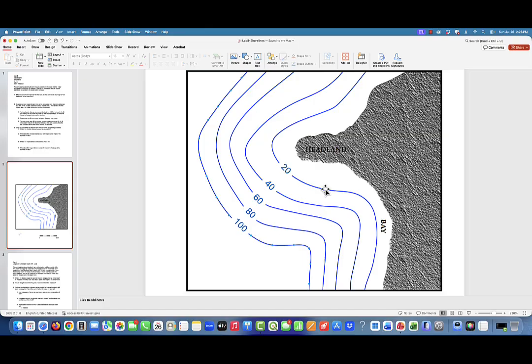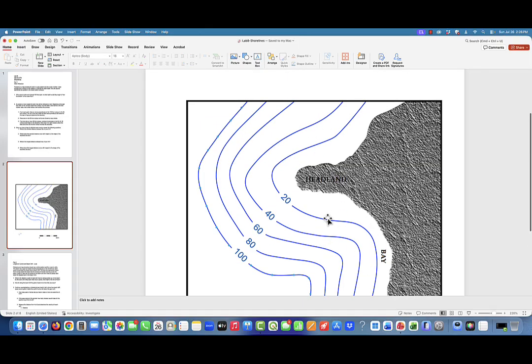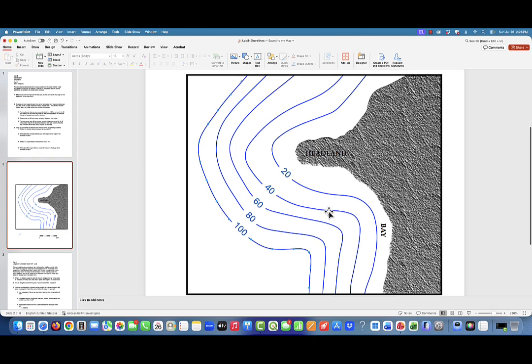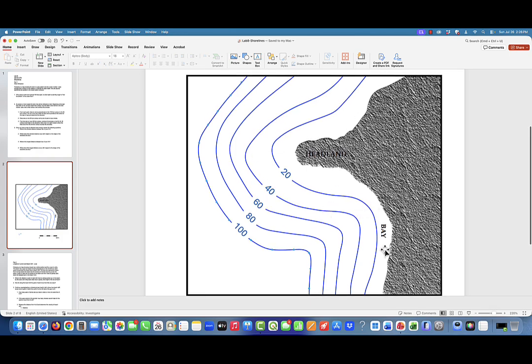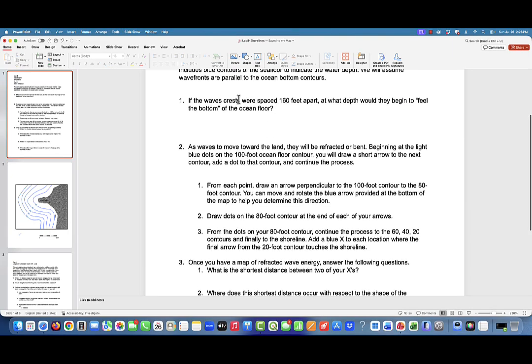And these lines here are contours of the base of the ocean. So this is essentially saying how deep the ocean would be at any particular point here. And you can see it kind of mimics the land as it wraps around the headland and goes into the bay. So the first question you have is, if wave crests are spaced 160 feet apart, what depth